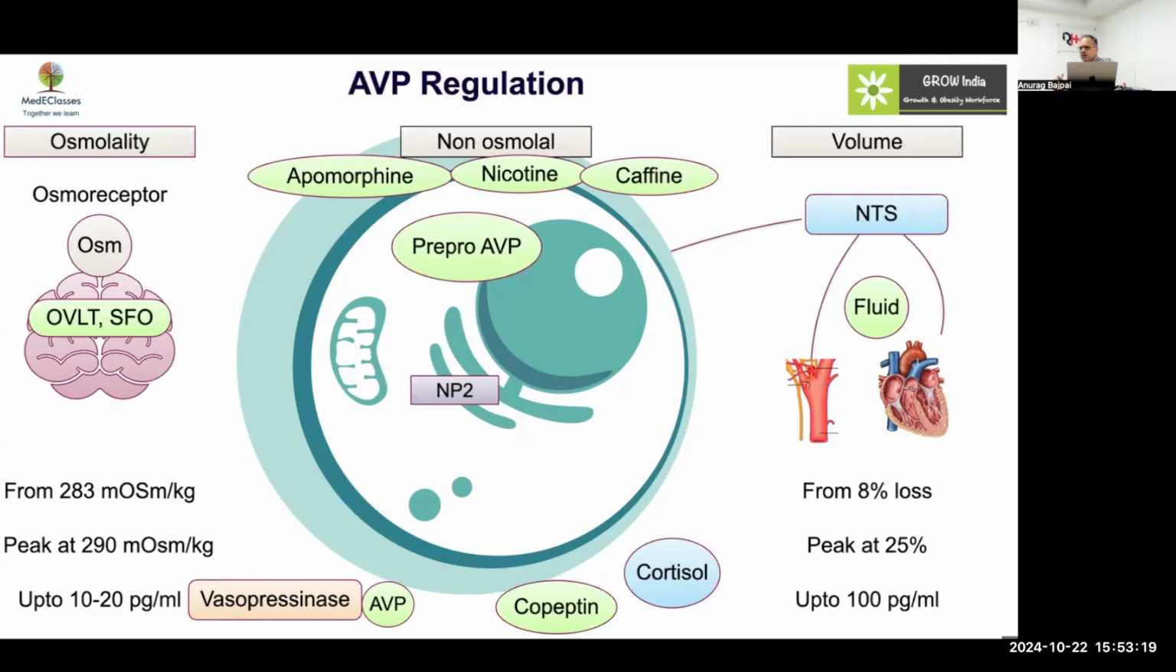Now, vasopressinase is produced by which tissues? Or expressed where? Most of these enzymes are expressed where? Liver. And there's liver and placenta. So placental vasopressinase is very significant from a clinical perspective because during pregnancy, you will have more vasopressinase, meaning